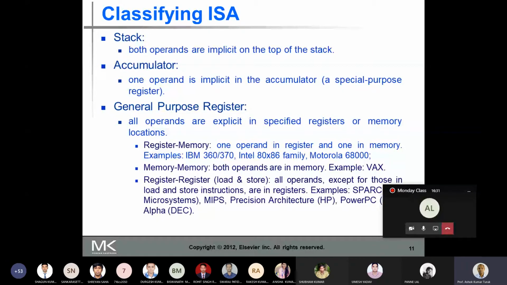Then what is the reason that the load and store architectures are more popular? Let's look at the reason why general purpose register architectures are more popular after the 1980s.